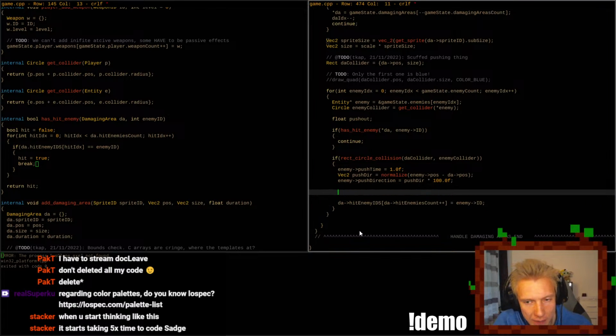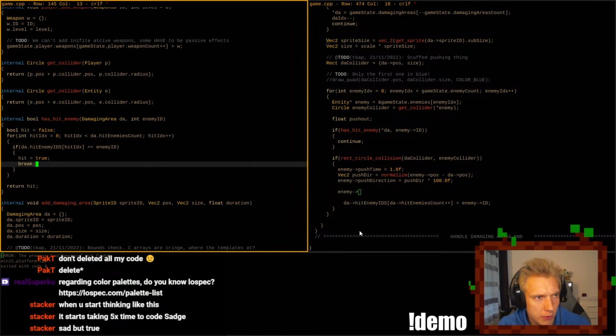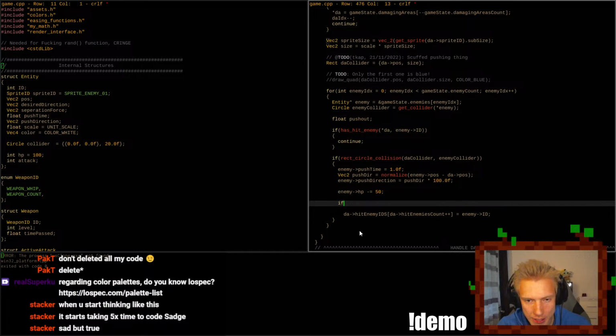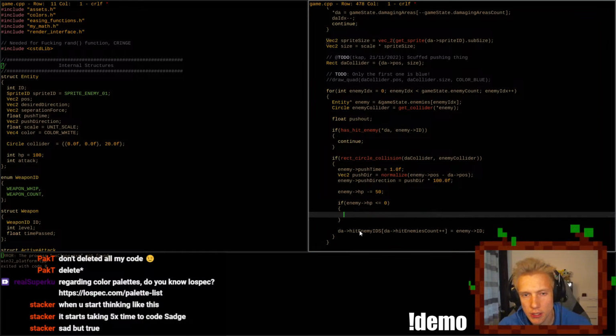And we could also do something. Enemy HP. I really need to look at... Yeah, enemy HP minus equals 50 points. And then if enemy HP is less than or equal to 0, it can only be equal to 0, then we do the value of enemy is...